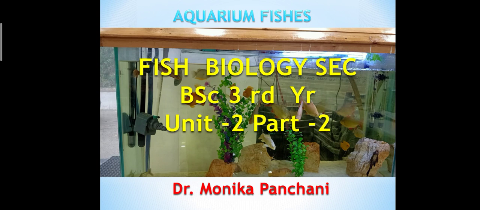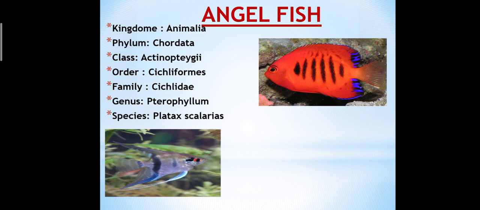Second part of unit two, that is fish biology. It is about the different types of fishes. So first is angelfish. It belongs to kingdom Animalia, phylum Chordata, class Actinopterygii, order Cichliformes, family Cichlidae, genus Pterophyllum,